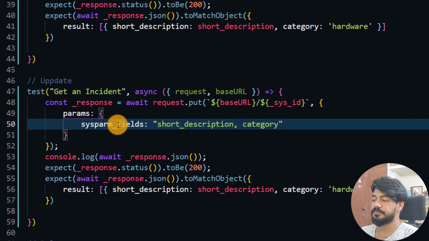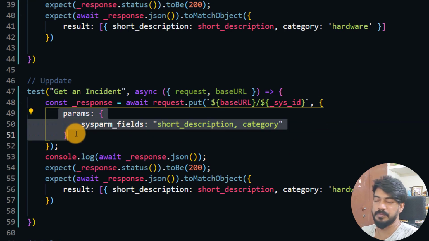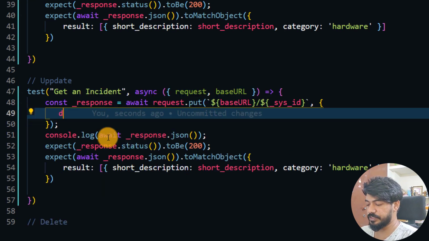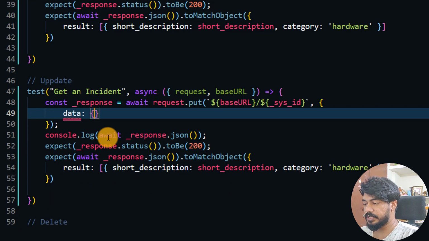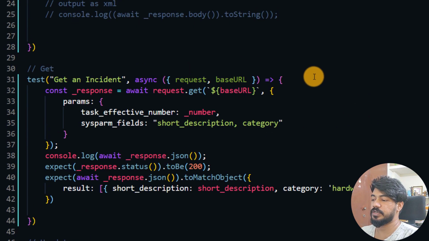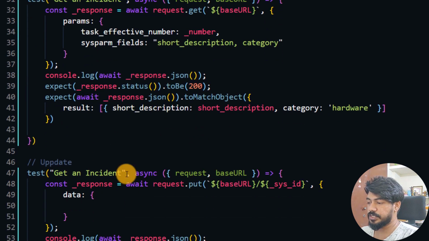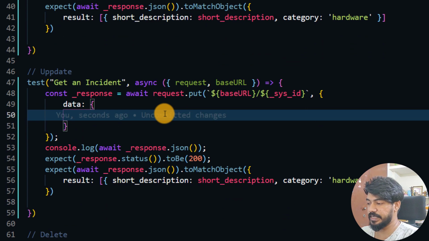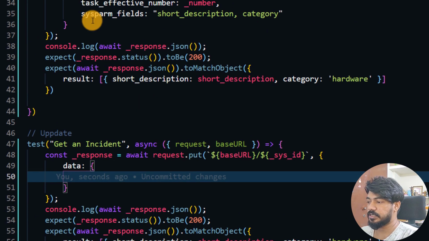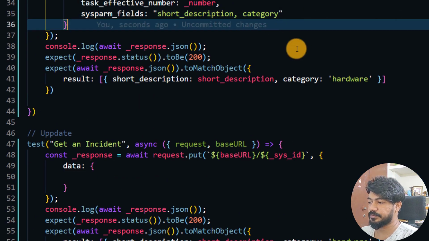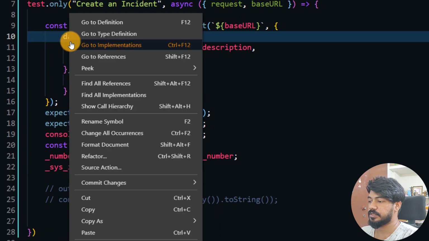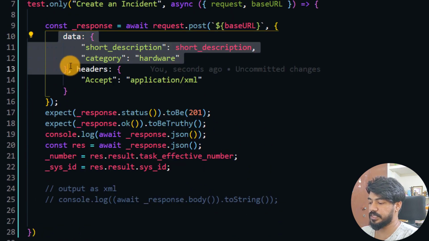Probably we can, okay, that should not be params, actually that should be body, right? So we'll use the data, and then I will update the description. So here what we are doing, here we are giving the short description as required MS Office, right? So here I will modify the data as, let me copy this one, not this one, this one, right? So we'll copy this data